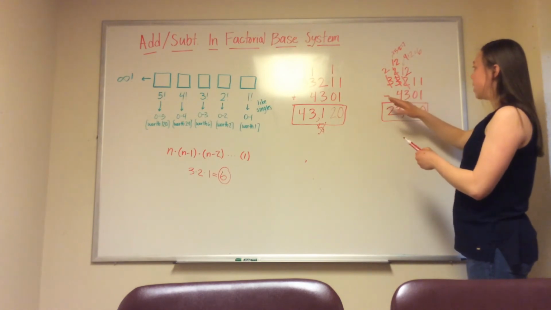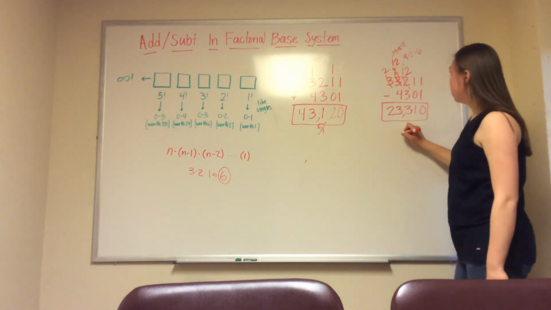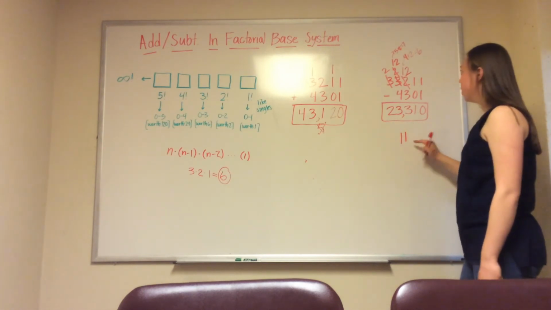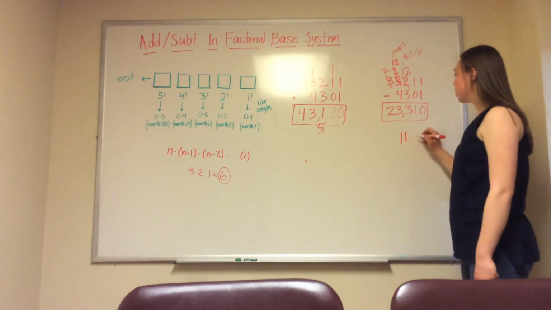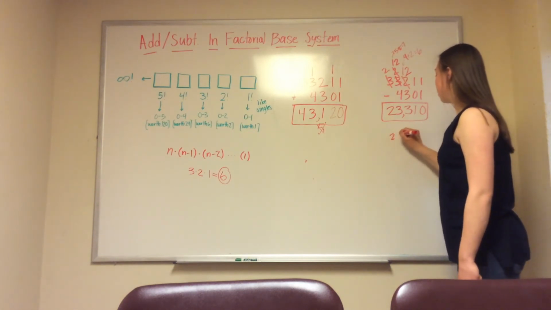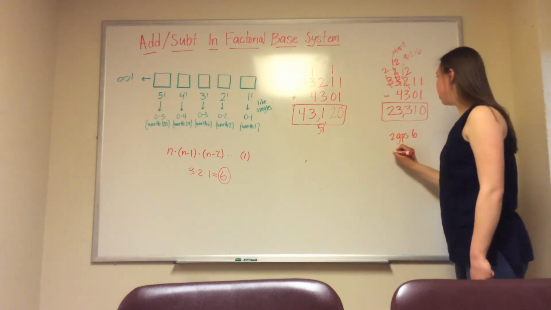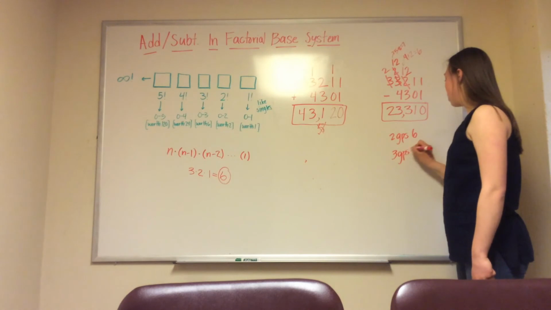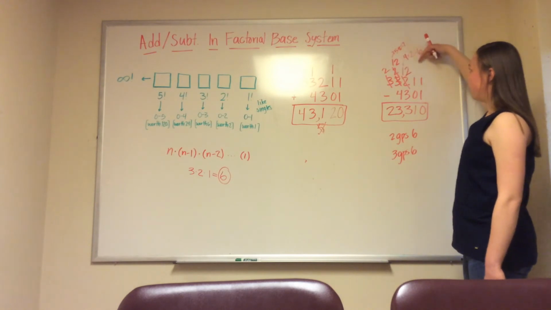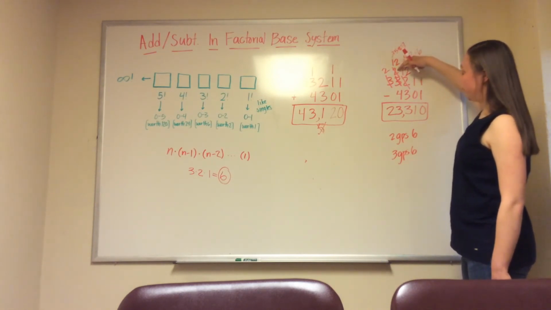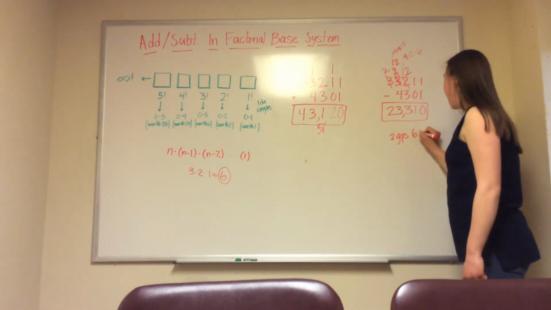And the reason this works is because when I borrow, if I have 2 rods of 6 in 3 factorial, so we have 2 groups of 6, and then we want to take away 3 groups of 6, it works to borrow and take away one group. So we have 2 groups of 6, and we're going to add in 1 group